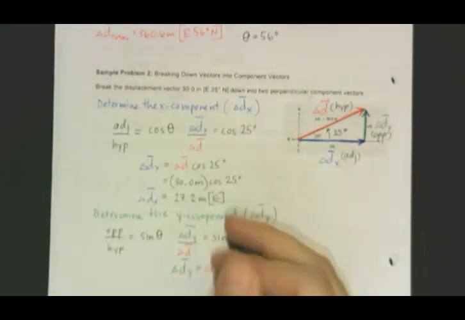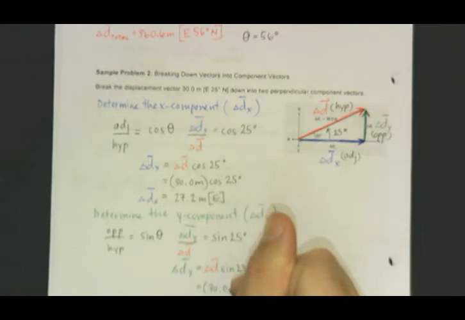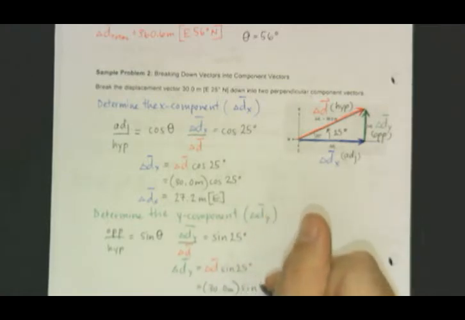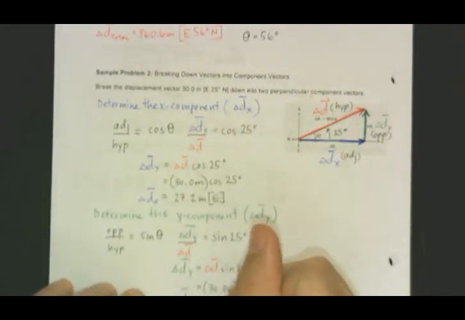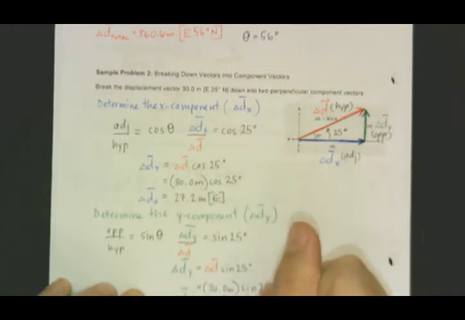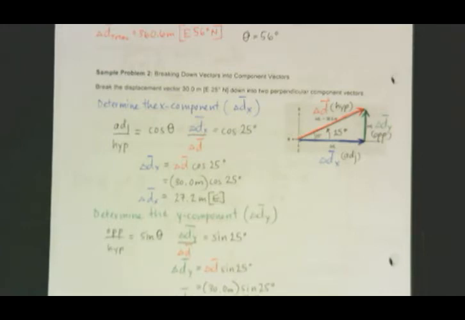We know that delta d from the original question is 30.0 meters times the sine of 25 degrees. Punch that in your calculator and tell me what you get. What is the y component of this vector? Nick, what'd you get? 12.7. Good, and can you give me a direction? Amazing. 12.7 meters north. So what we did was we took a vector that was kind of pointing